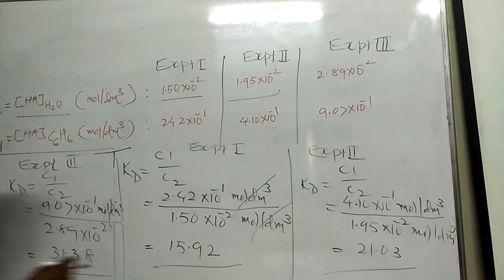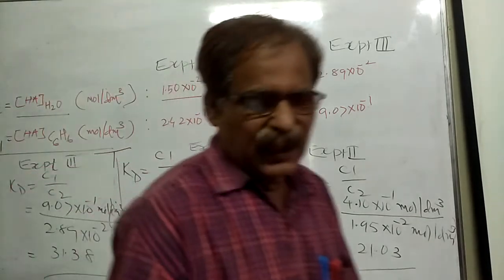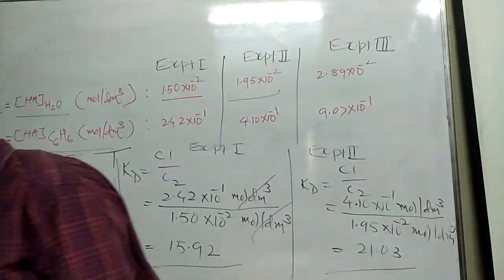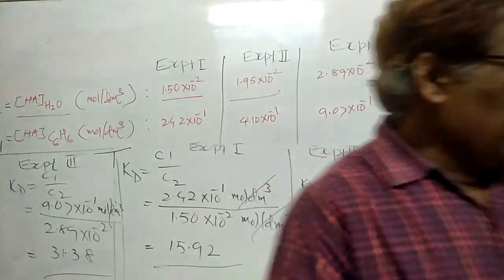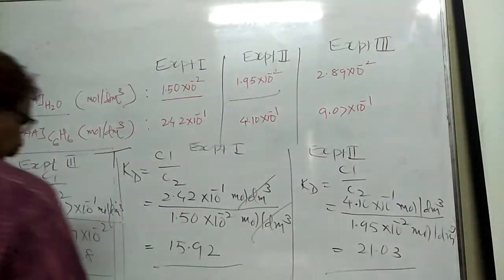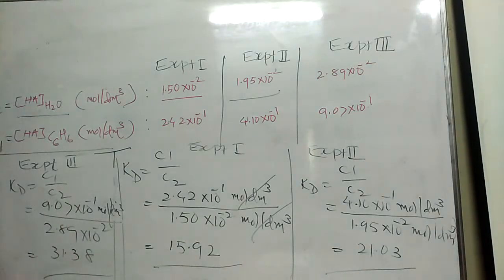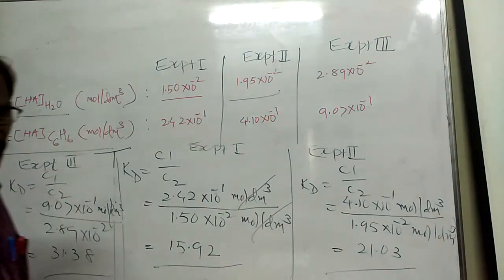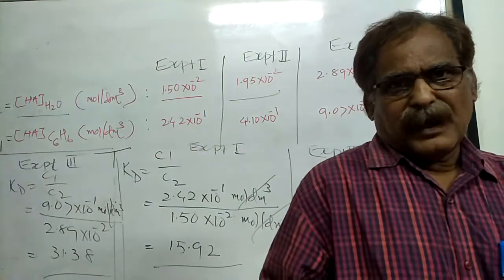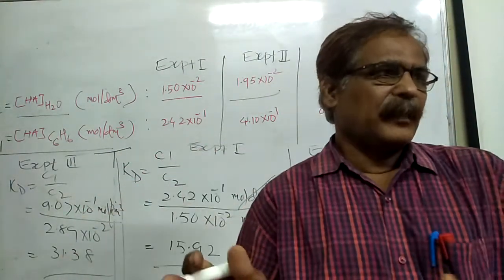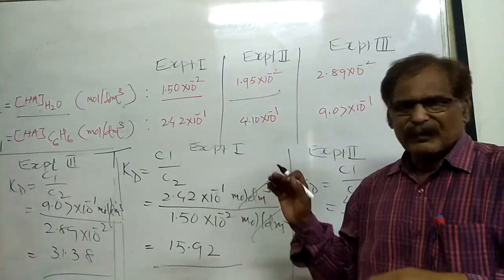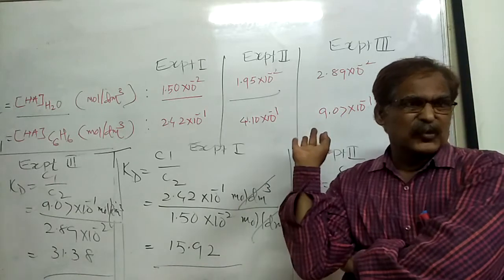When we compare the numerical values of partition coefficient of organic acid between benzene and water, we see that the numerical values are different. There is no consistency in the numerical values of partition coefficient when we apply normal mass distribution law,